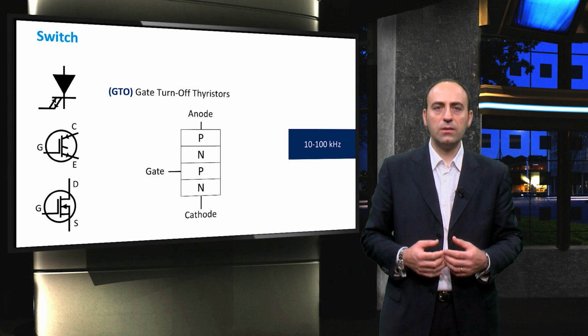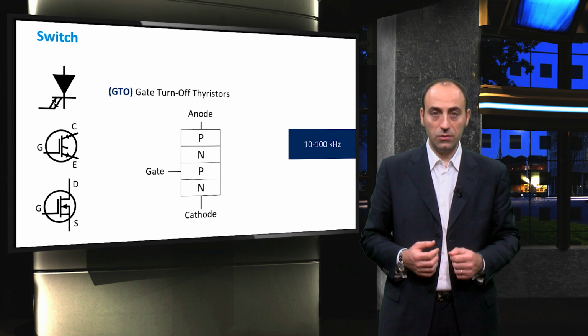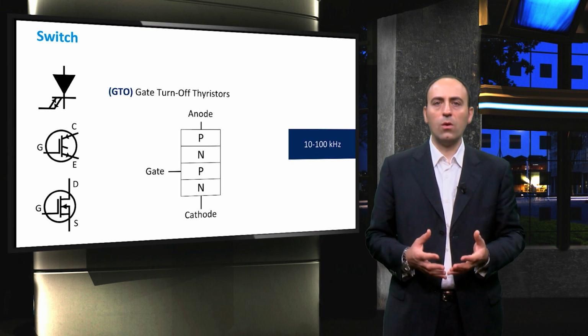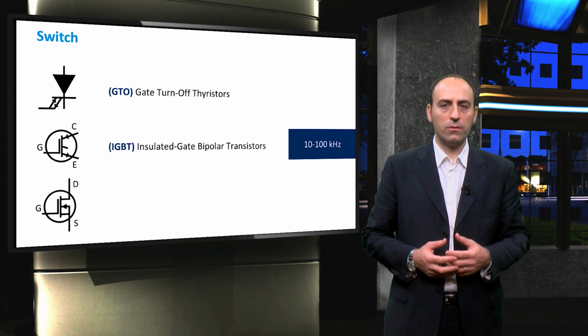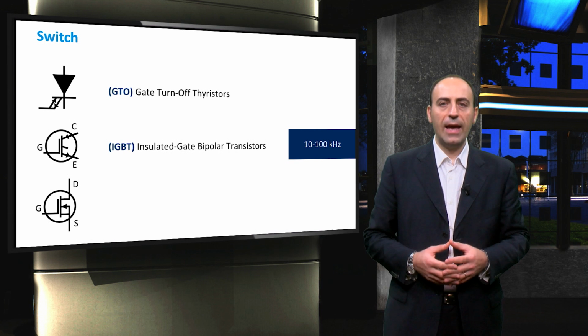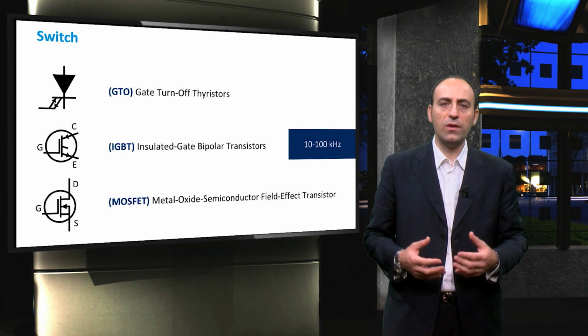Such switches then lead to a very high harmonic content, requiring additional filters in order to make the output compatible with the electricity grid. Nowadays, thyristors are only used for inverters with a power of 100 kilowatts and above. Indeed, there exist also other types of switches that generate an output with very little harmonic content and that are fully controllable. The most popular technologies are insulated gate bipolar transistors, or IGBTs, and metal oxide semiconductor field effect transistors,